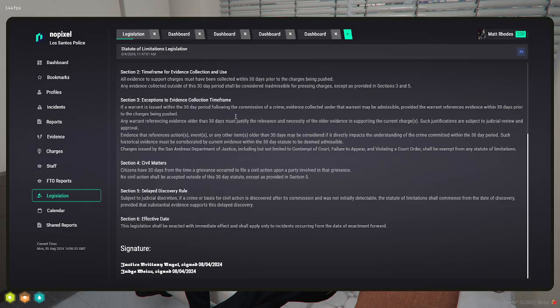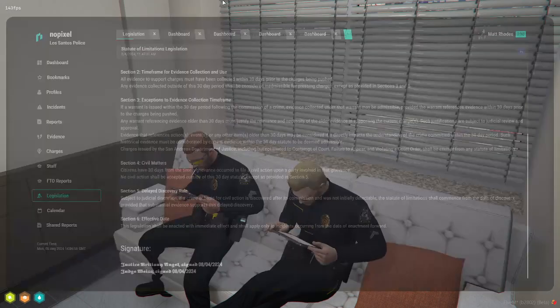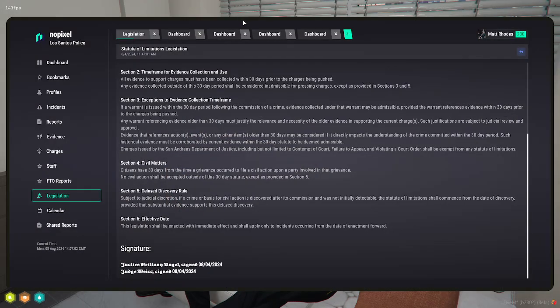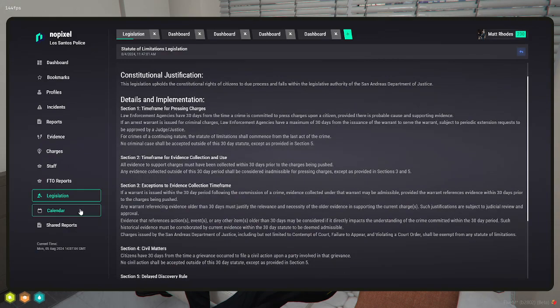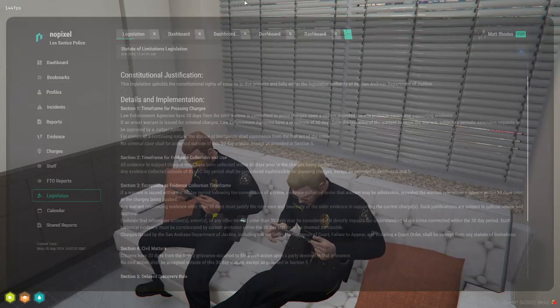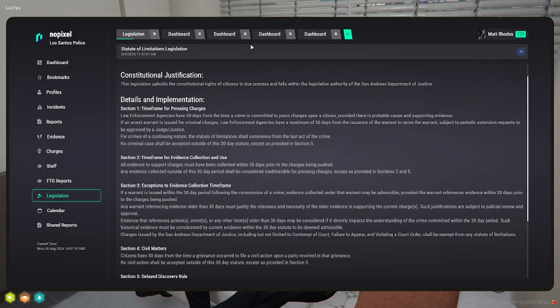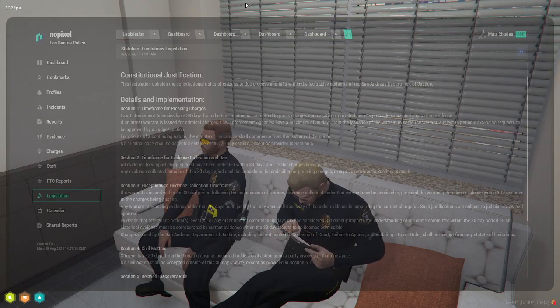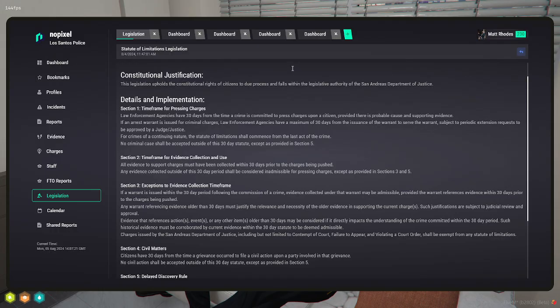I don't think there's any indication as to whether or not hot guns are considered here either. Number one, hot guns I don't think are defined at all. I could be wrong. But hot guns specific to statute of limitations is an interesting topic because you can run into someone with a hot gun with crimes attached to stuff outside of 30 days. Nature. It's a gun. Not wrong. All the crimes were committed with a gun. I don't know that I would push that. I know you're being facetious there, but